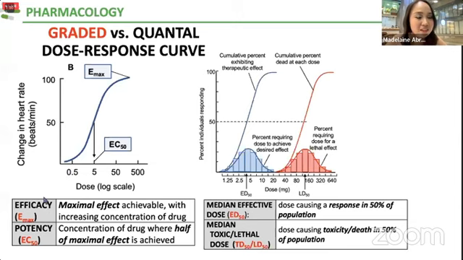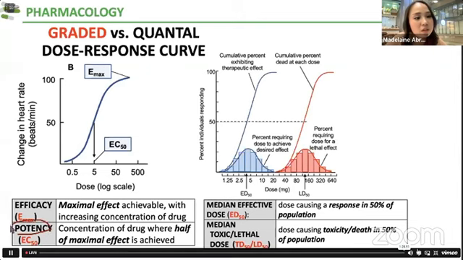So for this one, sa graded dose response curve, you're talking about efficacy versus potency. Efficacy, obvious naman yan, the maximal effect. Ang gusto kong i-emphasize siguro yung potency. When you say potency, it's a measure or concentration of the drug wherein half of the maximal effect is achieved. So, half of the maximal. Dok, paano madaling tandaan? Our label is 50. That's half. Ibig sabihin nito, it is the concentration, hence C, concentration at which 50% of the effect, letter E,